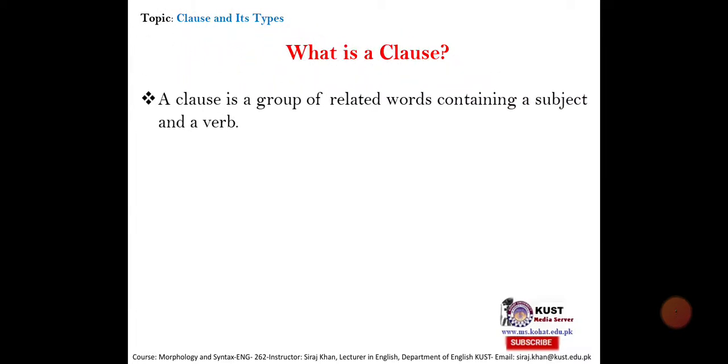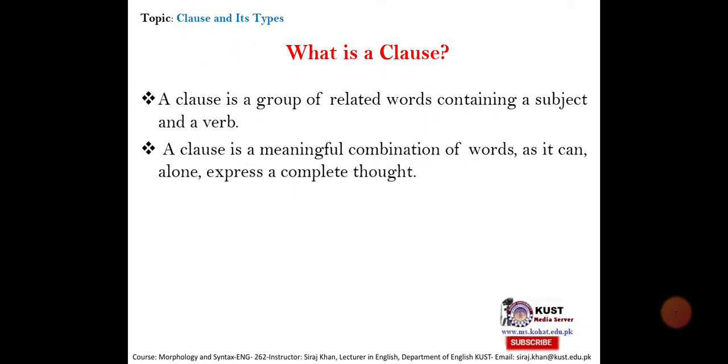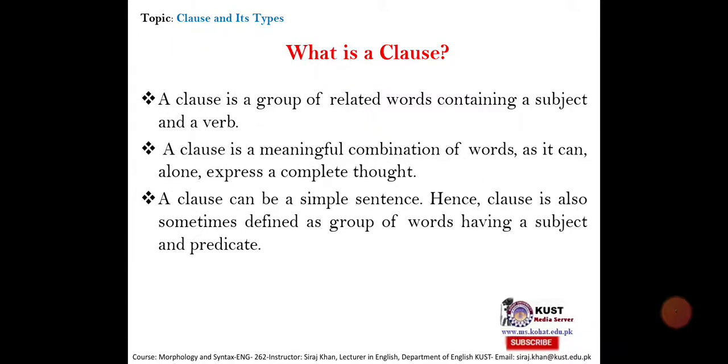A class is a group of related words containing a subject and a verb. It is a meaningful combination of words as it can alone express a complete thought. A class can be a simple sentence, hence class is also sometimes defined as a group of words having a subject